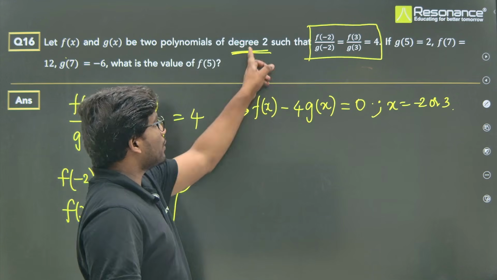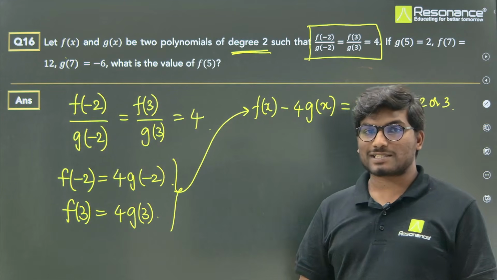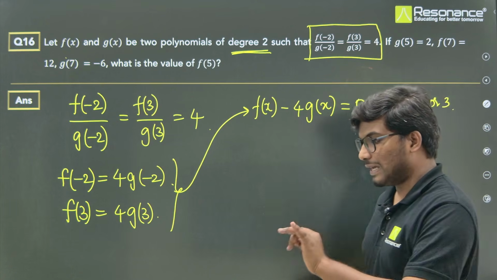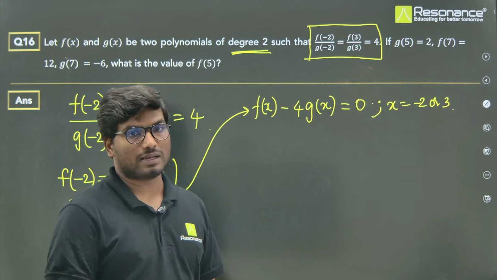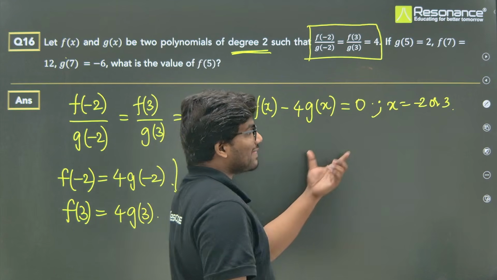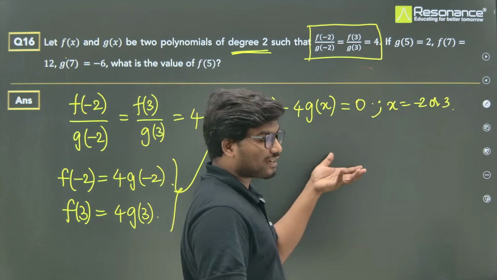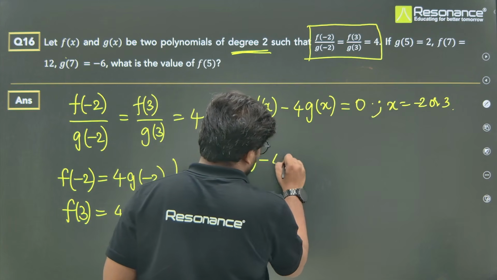g of x is a 2-degree polynomial. So f of x minus 4g of x could at max be a 2-degree polynomial. It could be linear, or a constant, or a quadratic polynomial. Now, f of x minus 4g of x is 0, and that has 2 roots. So it's definitely a 2-degree polynomial. So let's denote that with f of x minus 4g of x